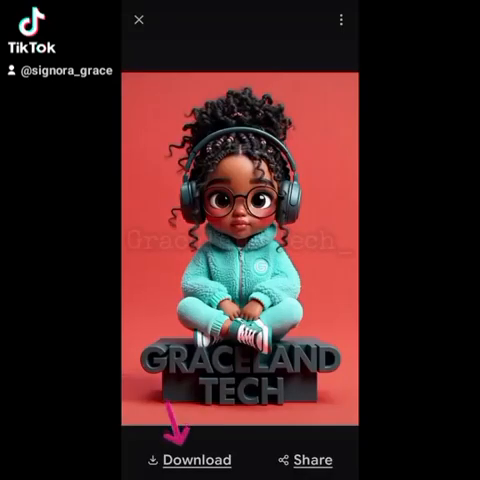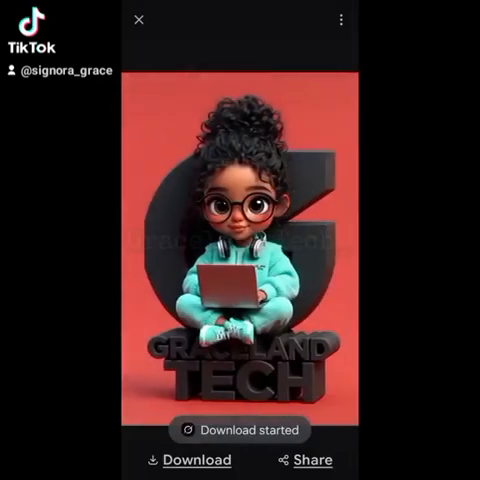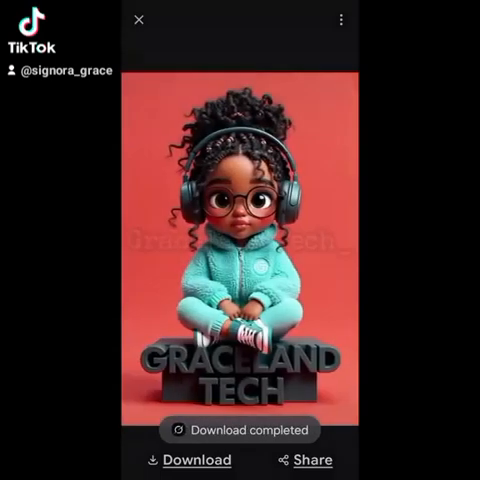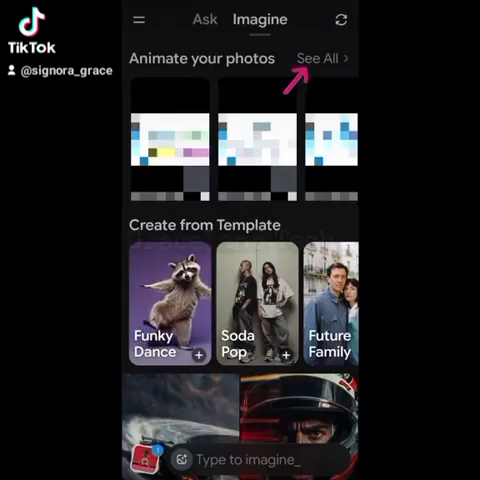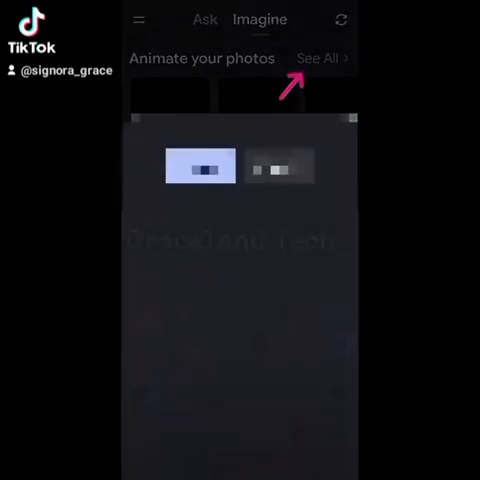So I chose one. I'll click on the download. You're seeing the download button. You can as well choose to download the 2 images it's generated for you. But for me, I chose the 2, but I'm going to use this particular one. Then, next thing you're going to do is